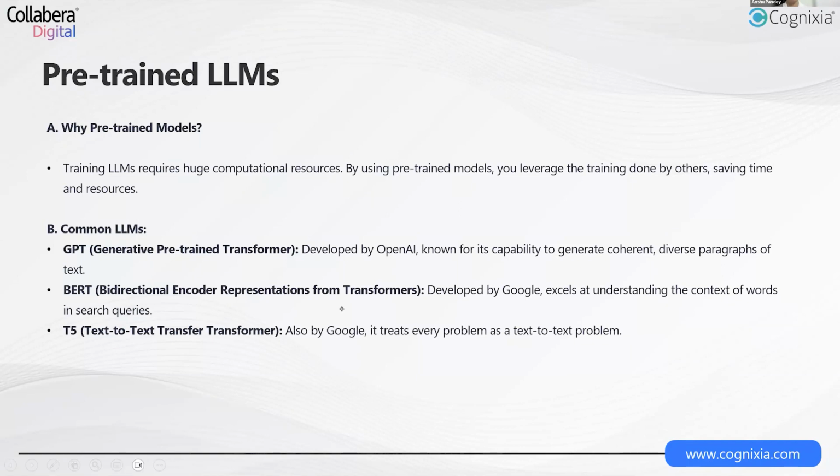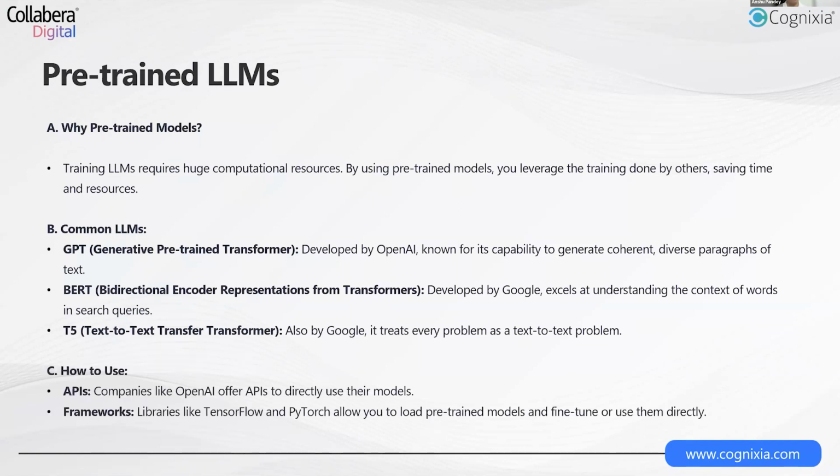Now, all of these models you can use in two different ways. One, you can leverage them by making use of APIs. OpenAI and Hugging Face provide you different APIs via which you can access these pre-trained models directly. Second, you can fine tune or customize them using frameworks such as TensorFlow, PyTorch, and Transformers from Hugging Face. They allow you to access the pre-trained models and fine tune them on a custom data set as well. That was about pre-trained models.